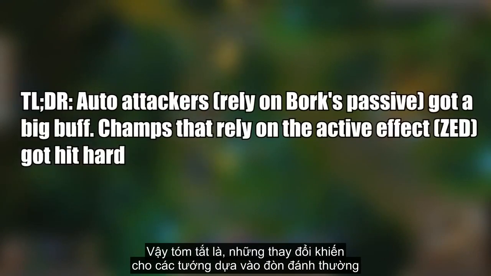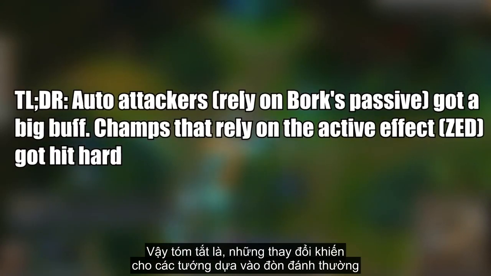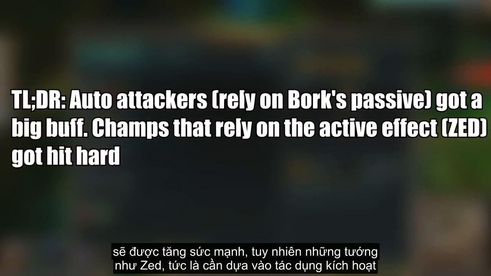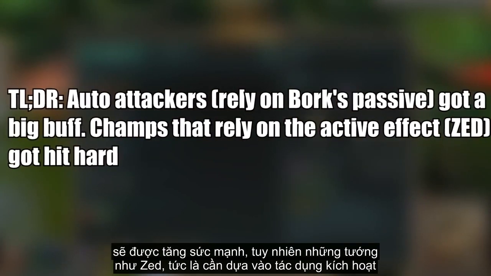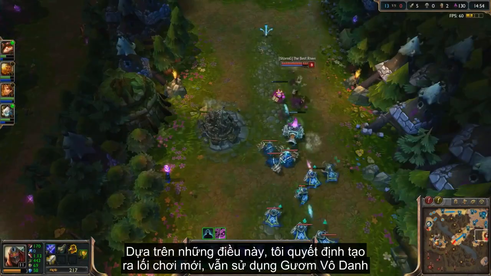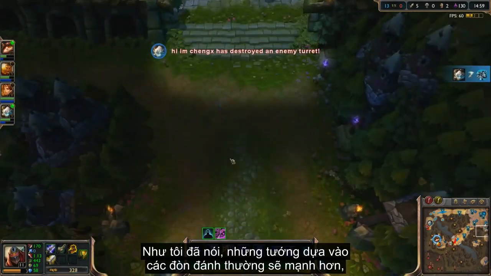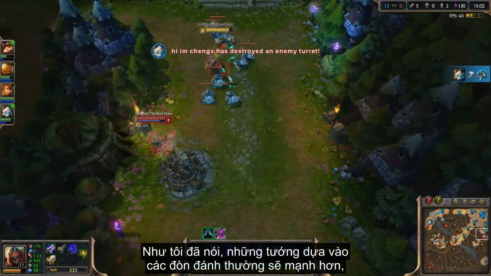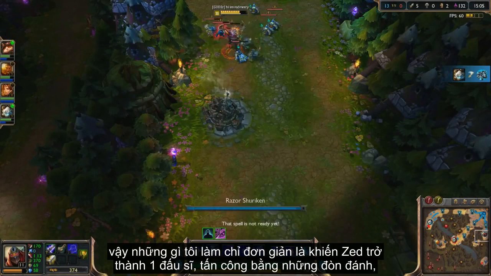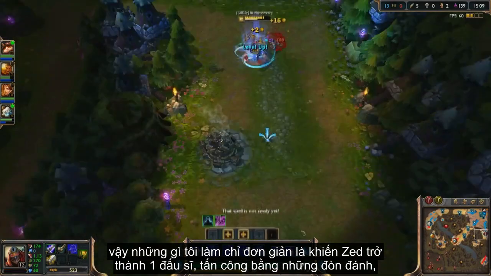So as a quick TLDR, the changes made it so that people that rely on the auto attacking part of Blade of the Ruined King got a huge buff. But people like Zed that primarily rely on the active effect of the item got hit pretty hard. So based on that, I decided to make a new build that still incorporates Blade of the Ruined King. And like I said, people that rely on the auto attacking portion of Blade of the Ruined King got a huge buff. So what I did was simply make Zed a duelist, someone that relies primarily on his auto attacks,